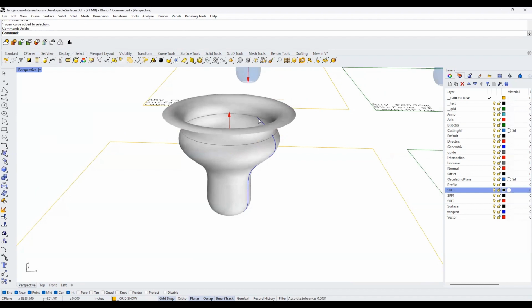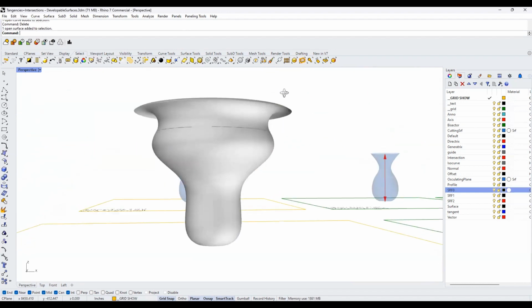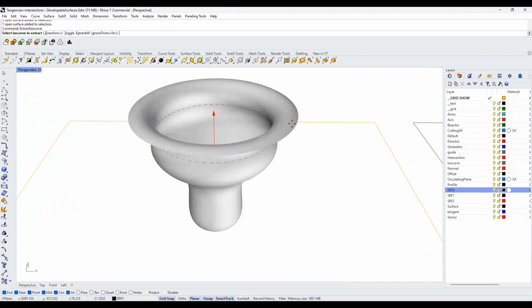And then if I wanted to go to a flat horizontal line here, if I extract an isocurve and I extend a tangent, so curve, extend curve by line, and I go surface sweep one rail, or I just revolve that around the